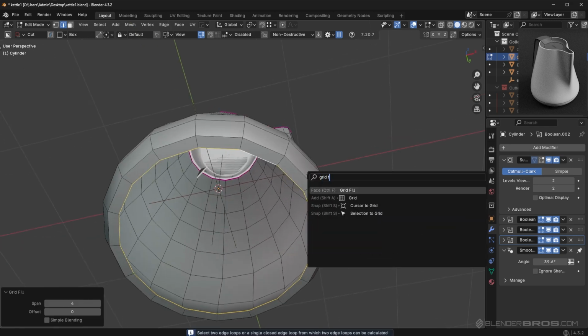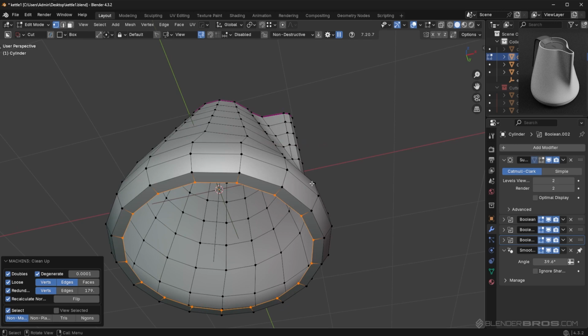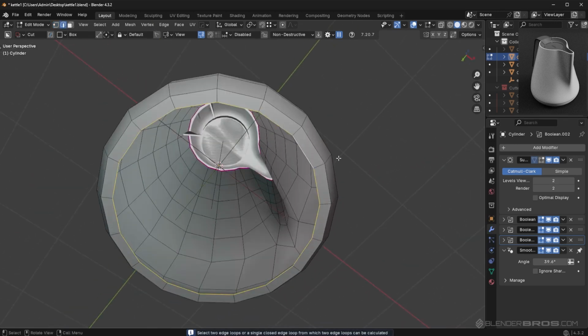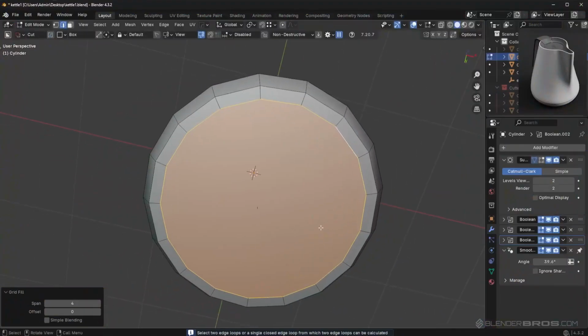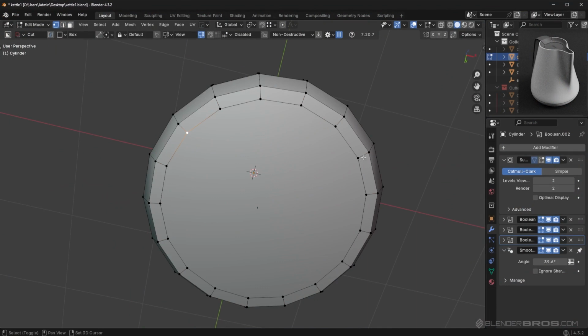Let me try that again, grid fill. It looks like we might have some duplicate verts down here. Unless I have something else selected. It's interesting, usually that would be grid filling right there without an issue. Not too sure what's up with that, but I can just go in here real quick